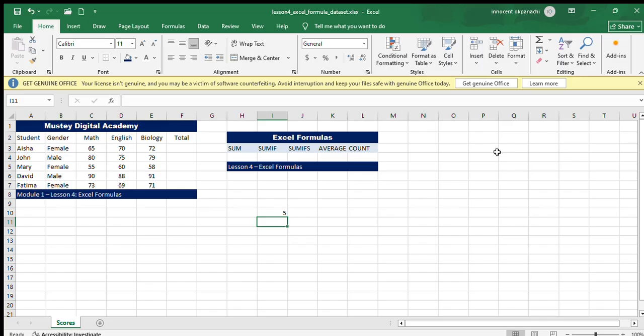Whenever you are to calculate something using Microsoft Excel, you have to begin with the equality sign. All functions, calculations, and formulas start with the equality sign. It's one of the rules that you have to take note of. Without wasting much time, let's dive deeper into today's lesson, which is on Excel